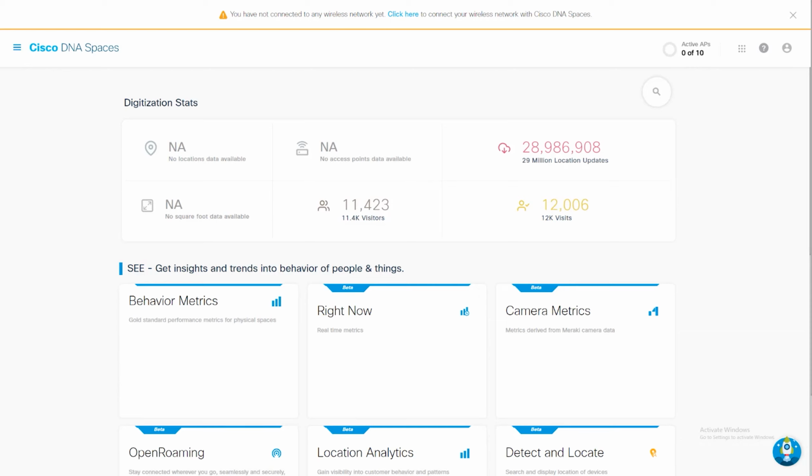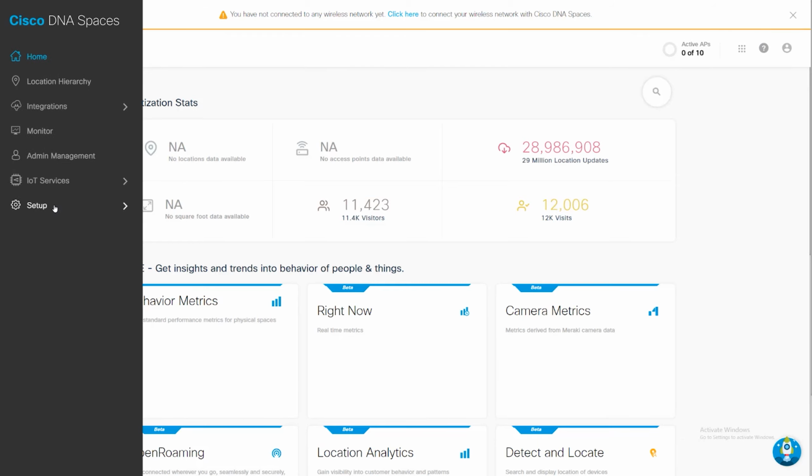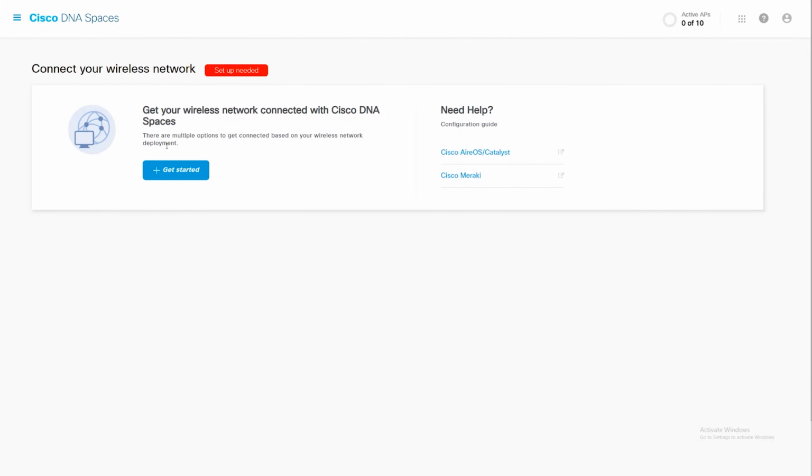Now we're going to start here at the DNA Spaces dashboard and to our first step, which is to connect our DNA Spaces connector to DNA Spaces. Here on the dashboard, we can click the function menu on the top left, and then we click Setup and Wireless Networks. And then just a reminder that you can always go to dnaspaces.cisco.com in order to use the setup guide, and this will explain and walk you through every step regarding your